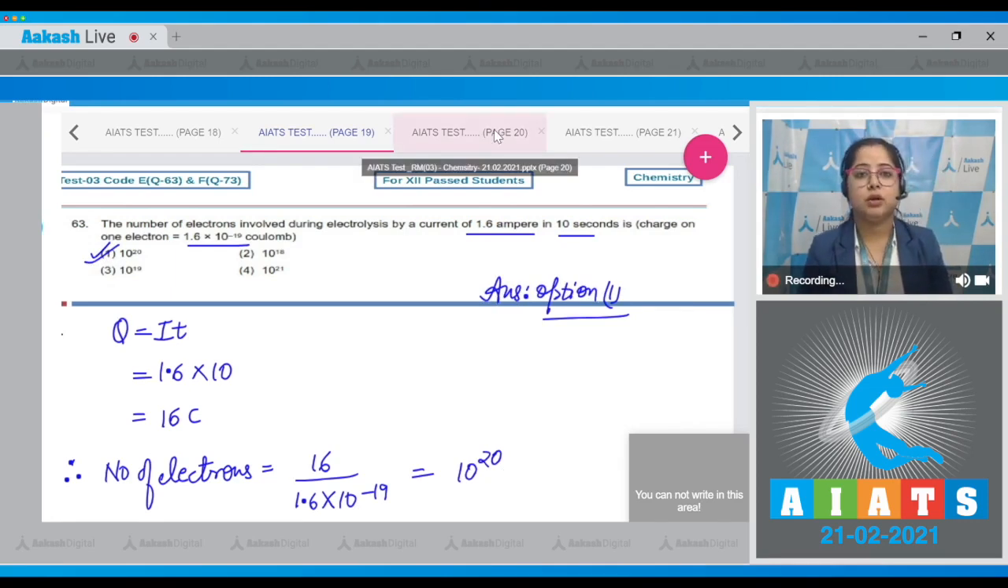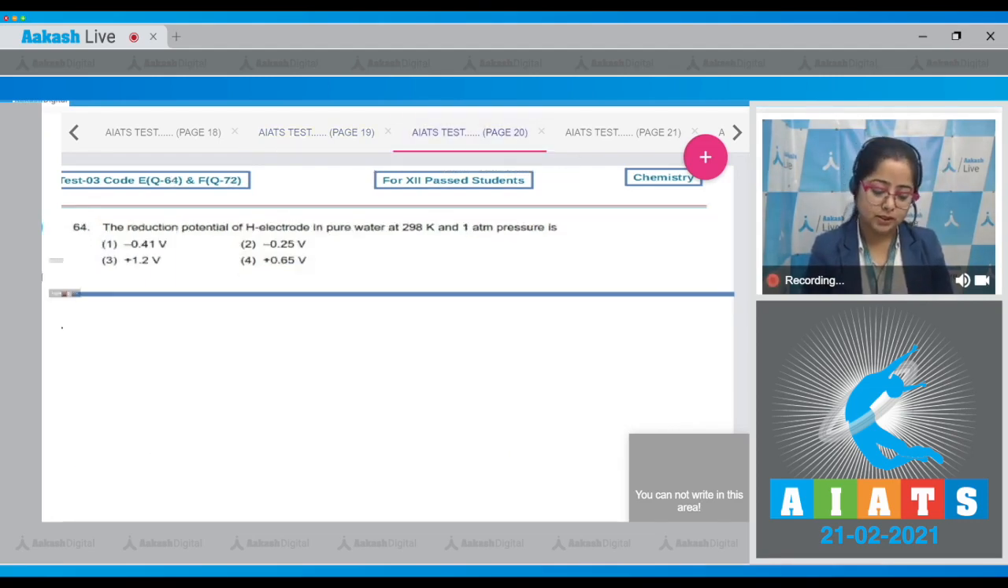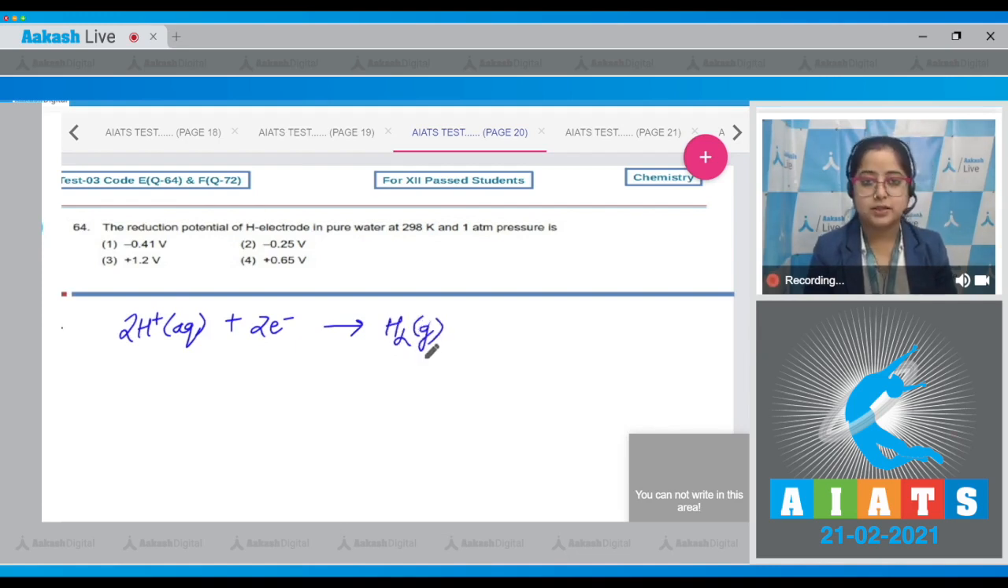Moving to the next question, which is question number 64. Let's read it. The reduction potential of hydrogen electrode in pure water at 298 Kelvin and 1 atm pressure is. Students, first of all, I'm writing the reaction. 2H+ aqueous plus 2 electrons gives H2 gaseous. Here we know that